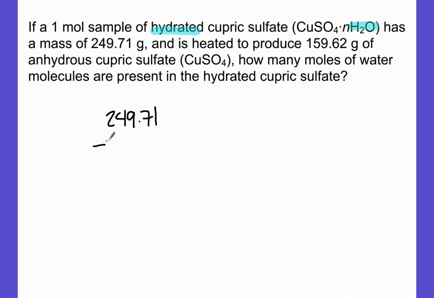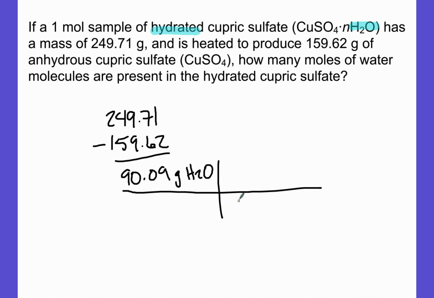Right? When I say difference in math, I mean subtract them. So when I subtract those two numbers, I get a 90.09. So we just need to know that that's what we're going to do in this style of problem. But then that 90.09 is the mass of my water, and I need to figure out how many moles that is. Again, if you check with your notes before this problem, I'm pretty sure we found out that water was 18.02 grams per mole. So if I divide here,